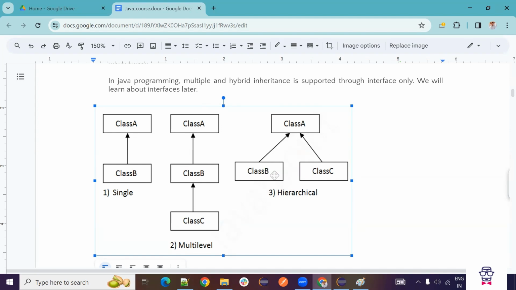So there is no connection between these two because we are not extending anything here, right? There is only a connection between class A and class B, and class A and class C. So if you have some methods in class A, you can access them in class B. If you have some methods in class A, you can access them in class C. But if you have methods in class B, you cannot access them in class C. Right? One parent has two children. This child has some properties, that child has some properties. These two can use the parent's properties.